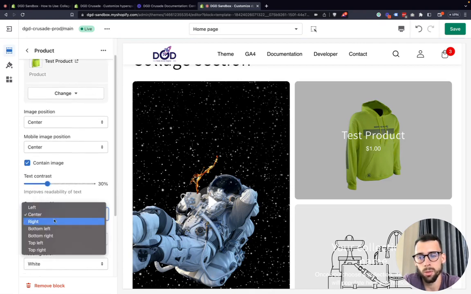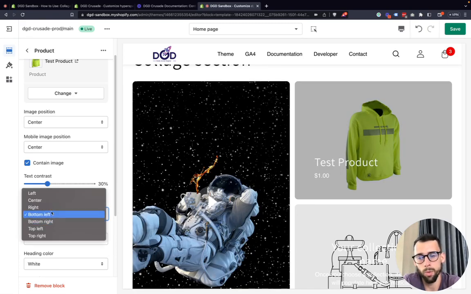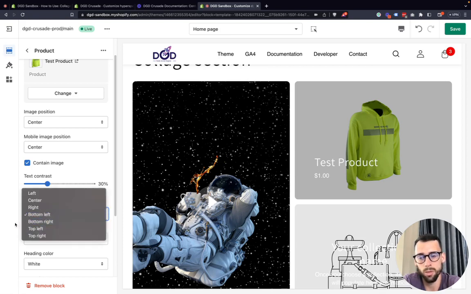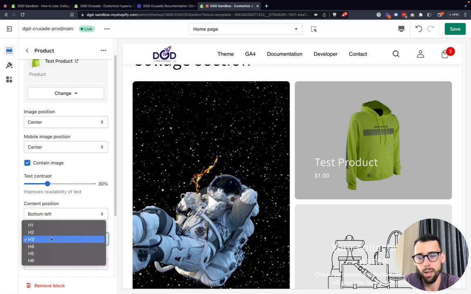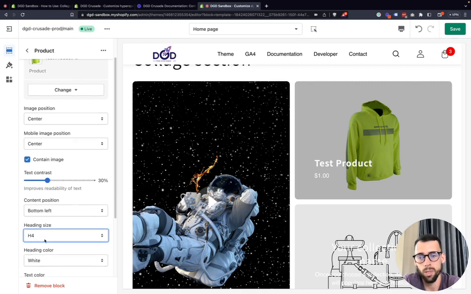You have your content position. So this is nice too. It really works out well sometimes to help make sure the image, especially if you're using lifestyle images, what you want being visible, is still visible while being able to have that text there. So for example, if you want to move this text bottom left, you can do that. You have all these different positions where you can align that text. I'll just let you see that real quick. You have your heading size. So does it make sense to have that text smaller? You see that the font weight changes there from an H3